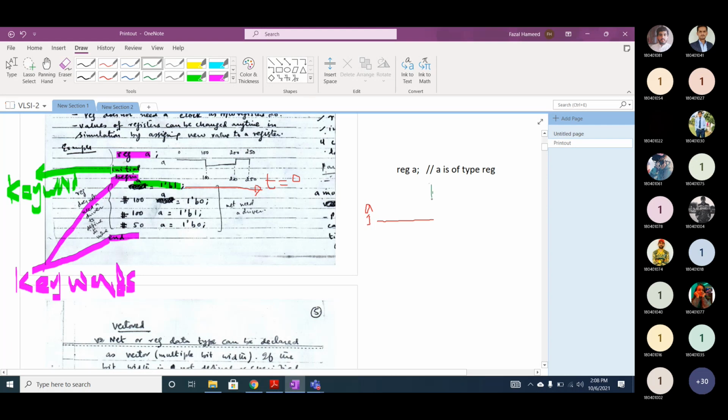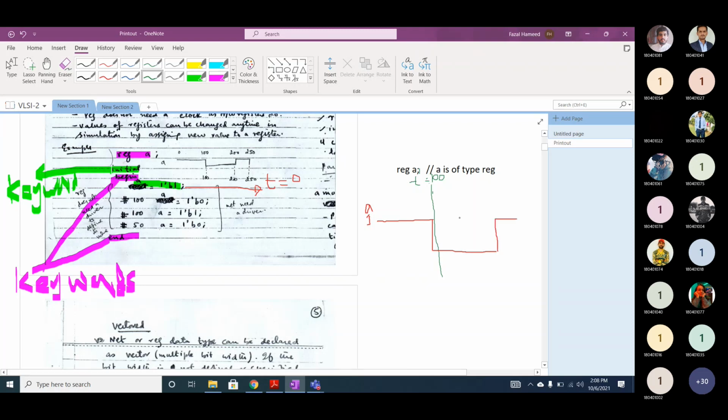At time t equal to 100, the value of A is changed from logical 1 to logical 0. And after 100 clock cycles, it is again changed to logical 1.